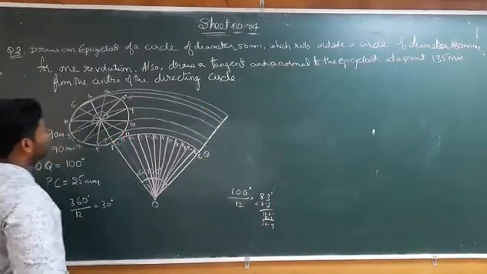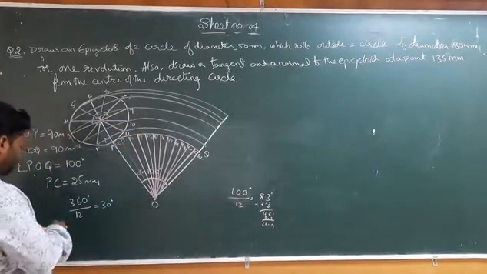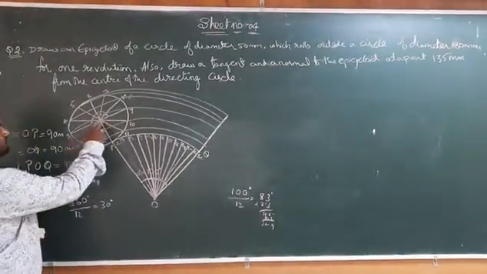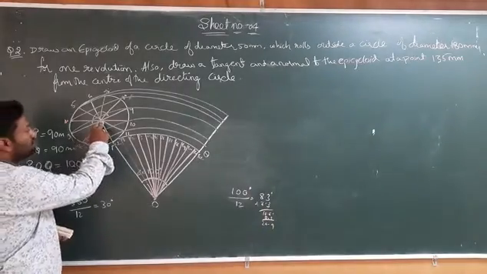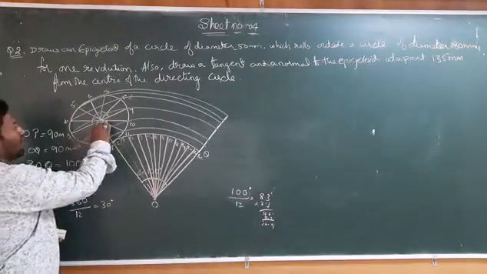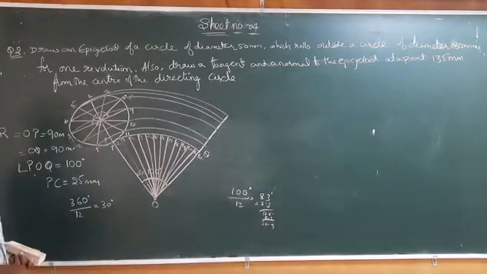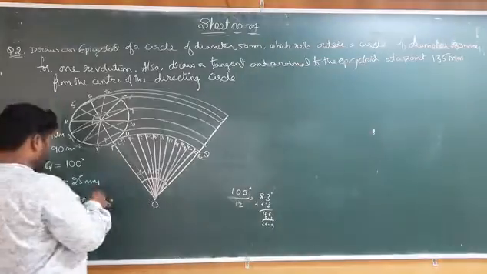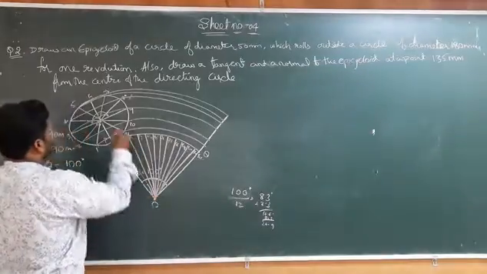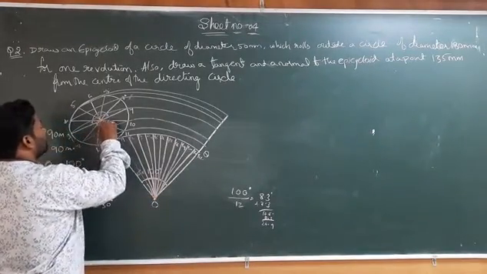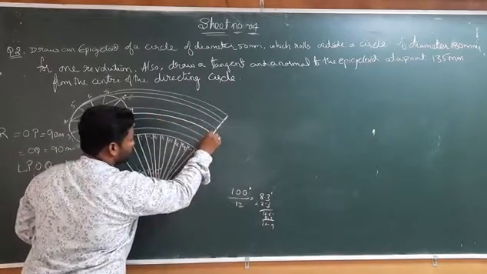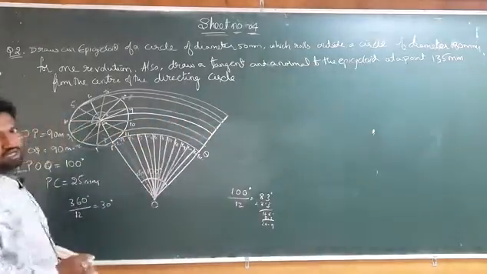So here we got the arc. Now after that we have to extend this point up to the center. But here if you see, the center of the smaller circle arc is not here. So we have to draw the arc from the center of the rolling circle, the smaller circle. So for that we will take the center as 0, center of the directing circle. We will take the center of the smaller roller, that is C0. We will draw the arc up to the angular distance.